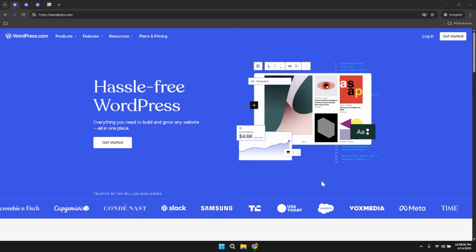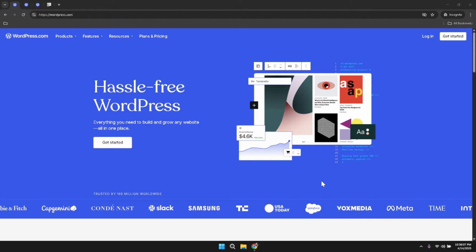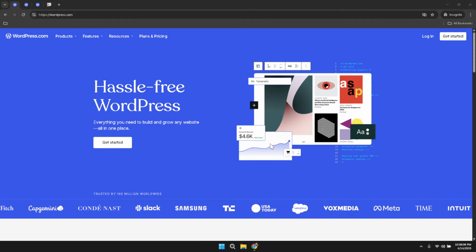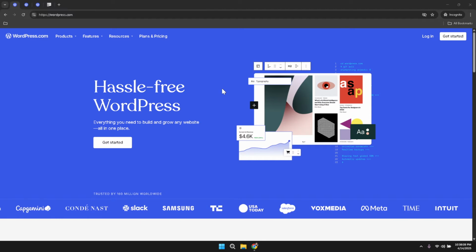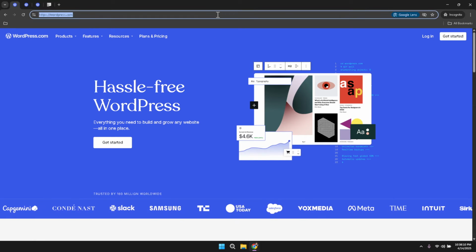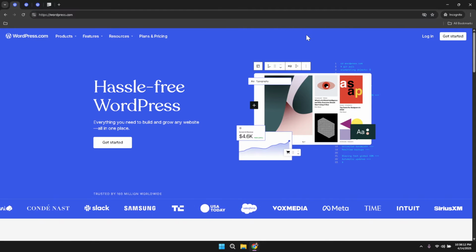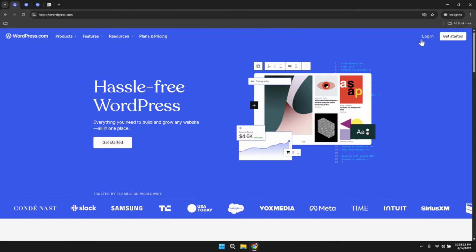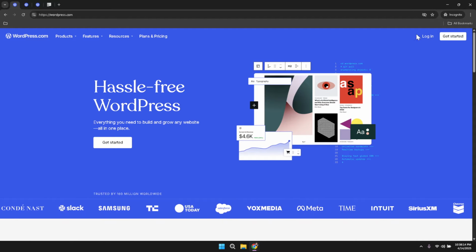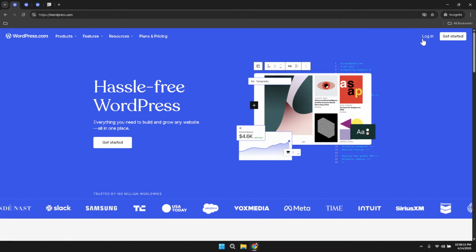To begin, open your web browser and navigate to your WordPress website. Once you are on the main page of WordPress, take a moment to familiarize yourself with the layout before proceeding. When you are ready to log in, look towards the top right corner of the screen where you should see the login option. Clicking on this option will allow you to gain access to your account and the editing functionalities